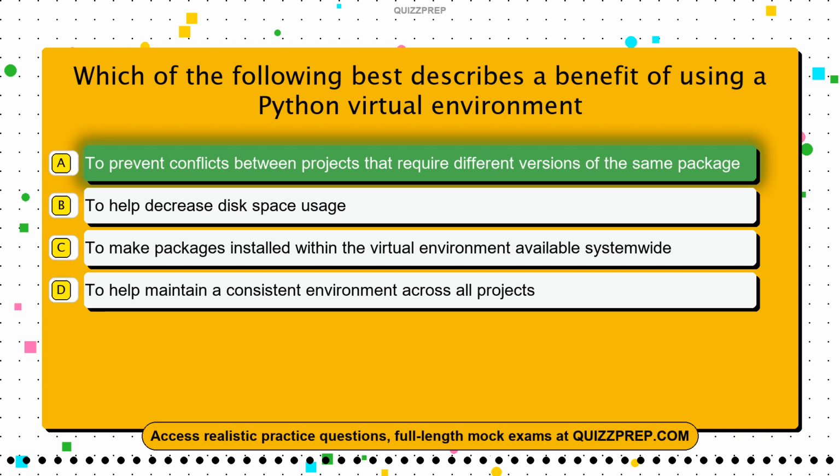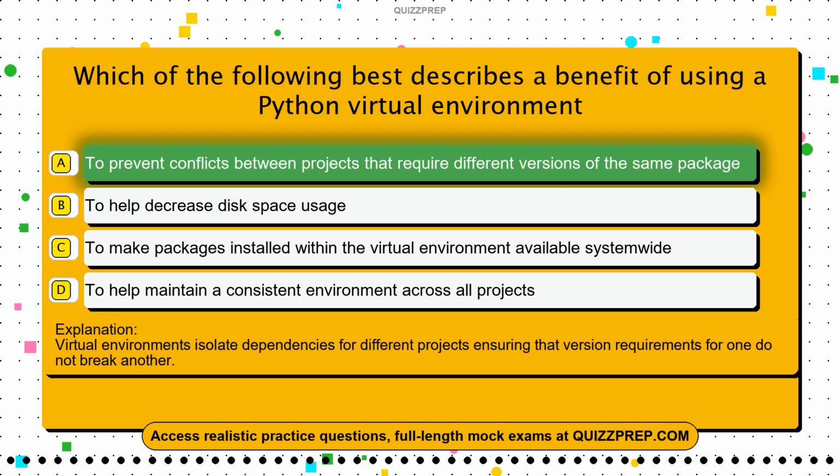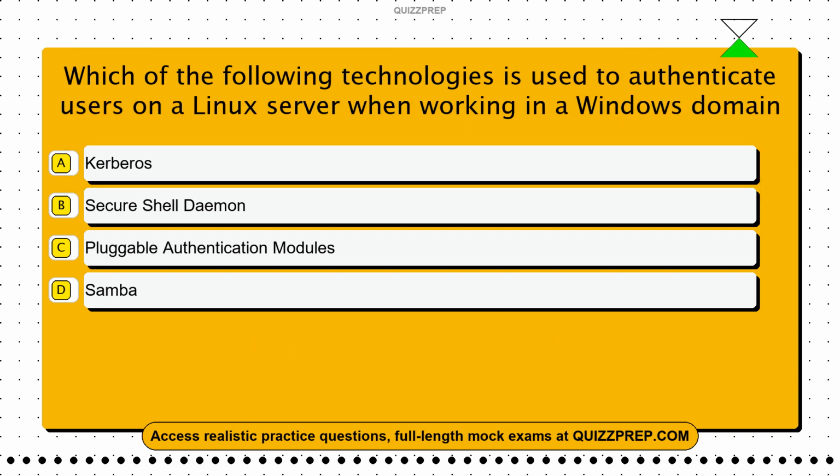The correct answer is option A, to prevent conflicts between projects that require different versions of the same package. Virtual environments isolate dependencies for different projects, ensuring that version requirements for one do not break another. Question 77. Which of the following technologies is used to authenticate users on a Linux server when working in a